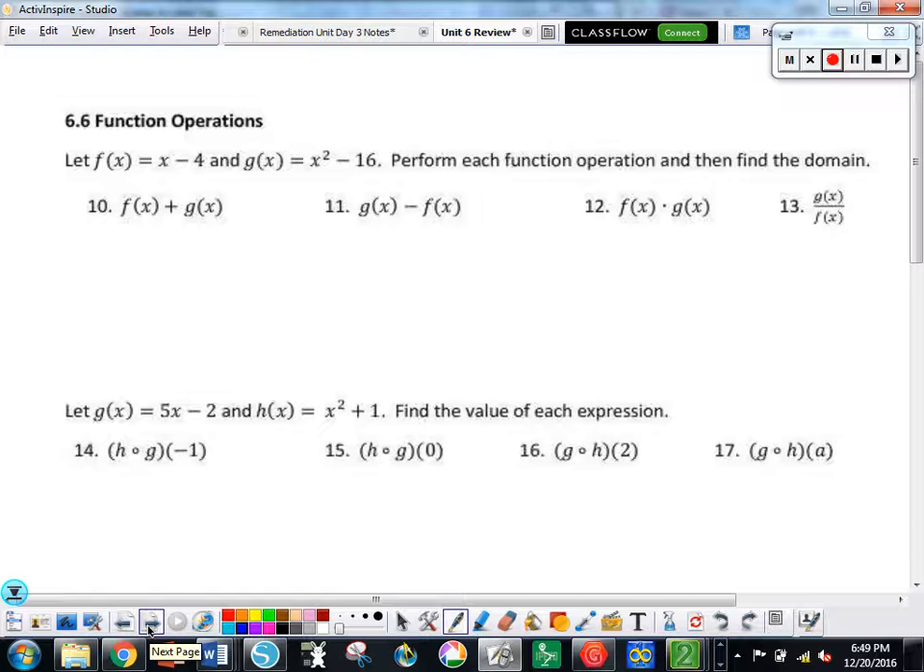You have to be able to add, subtract, multiply, divide, there's nothing tricky. And then I want you to state the domain of each of these operations. So number 10, well, really quick, remember that domain restrictions happen if there's a denominator or if there's a radical, right? That's the only time right now that you're going to have a domain restriction. If I look at number 10 and I simply want to add this together,